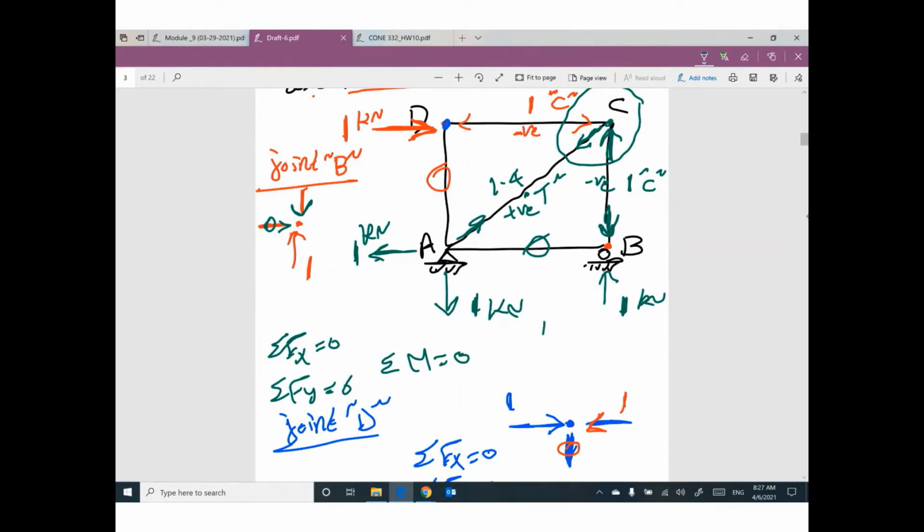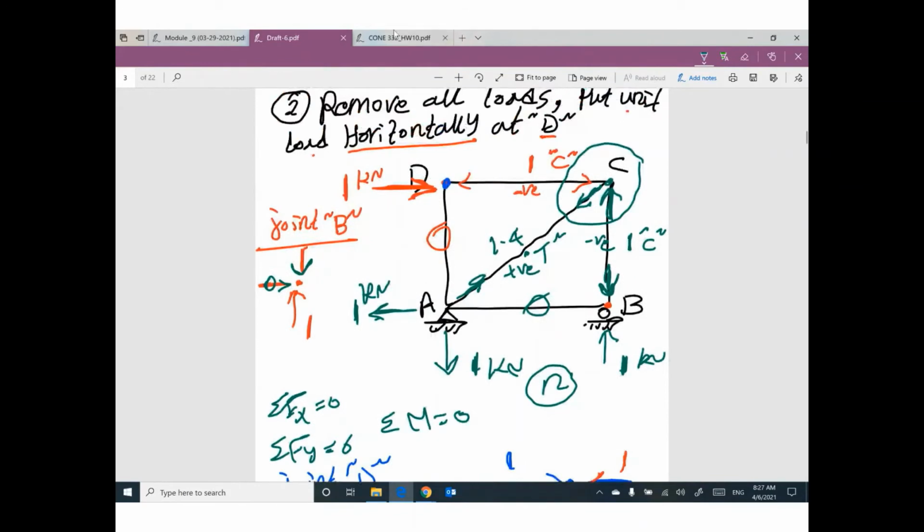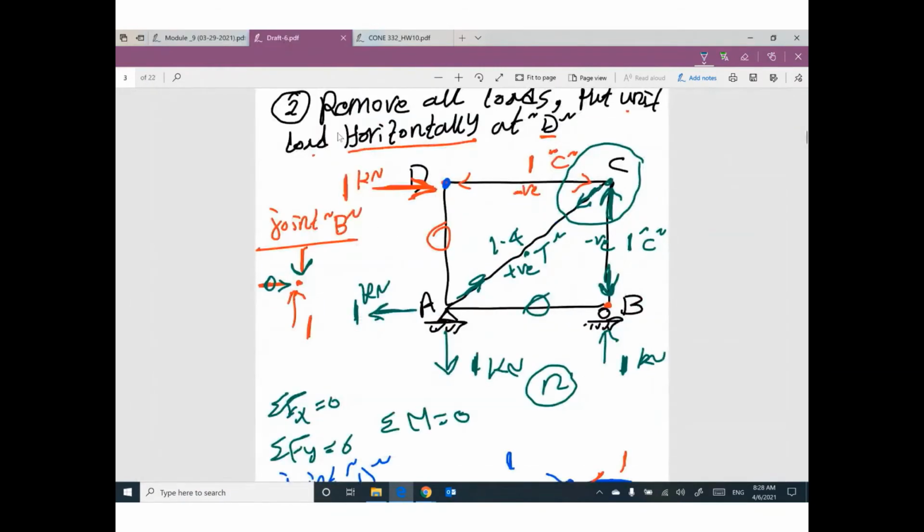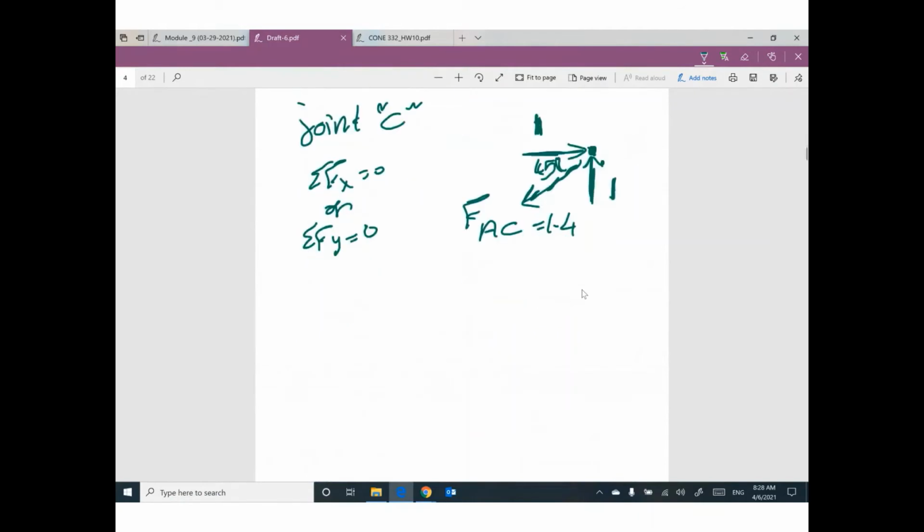This is called small n. So right now, I solved my truss 2 times. The first time due to the given load. The second time when you removed all external loads and you put only unit load. So we have only unit load. I will solve the truss one more time, figure out the reactions and apply joint equilibrium at each joint. The last step,